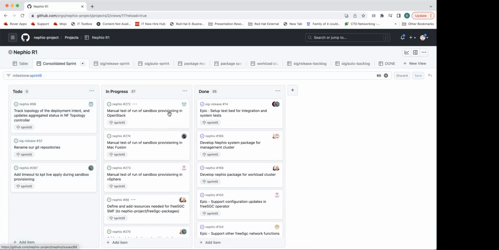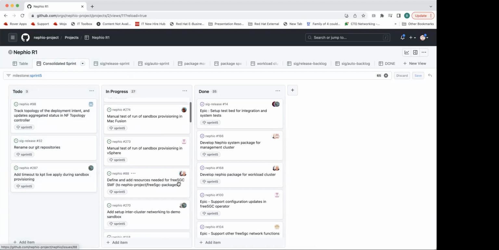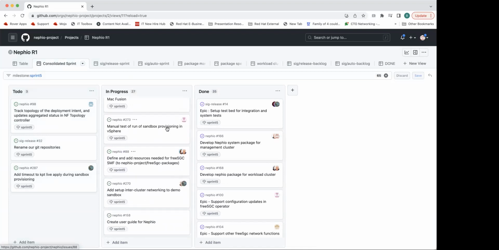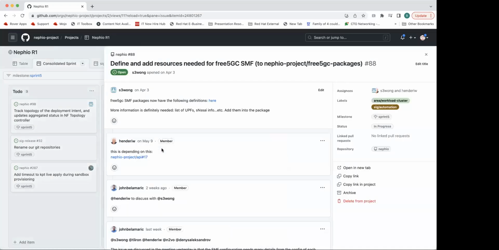I know we had a workaround for this one, the manual test for provisioning Mac Fusion. I know that's not for the R1 manual test. We have very high confidence, Dennis, that he will do it. The first three issues were there, and the fourth issue was this one. This is obviously something we need to do for the release, so that's why it's going with that list. Probably the biggest.